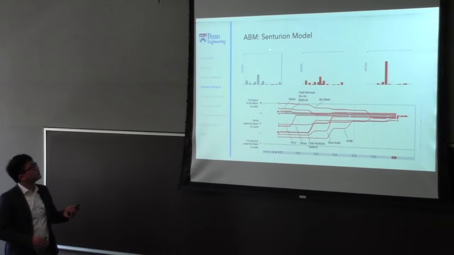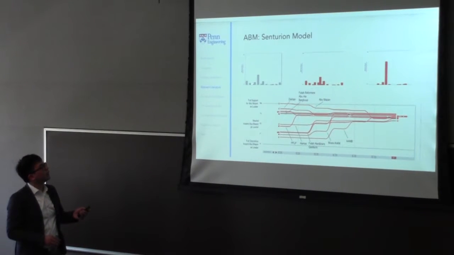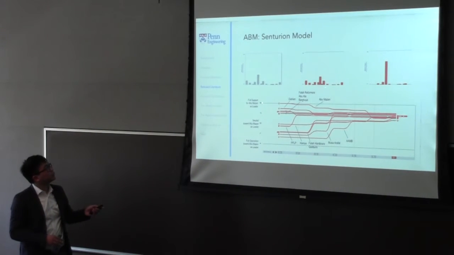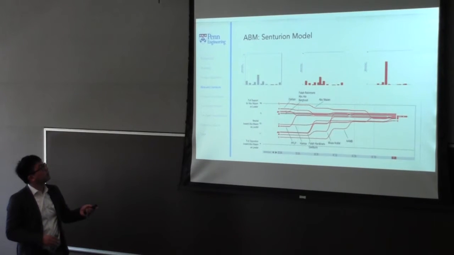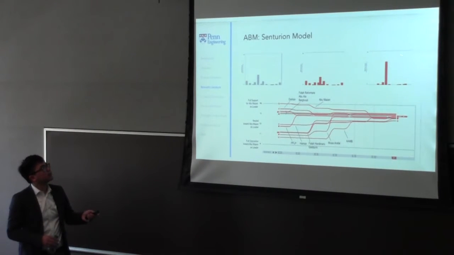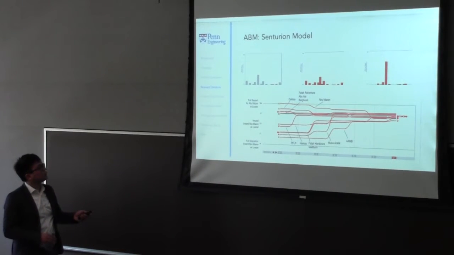The Senturion model starts off with two dimensions: one is power and the other is your position on a one-dimensional policy space. Through iteration, you think about whether you want to join this person, and what the payoff is associated with that new position. Then you have this evolution of dynamics. This is the initialization. This is the mid-game look at the distribution of players with power among different policy positions. This is the end-game state, where you see that they somehow converge around the center point, which means an agreement is reached. And this is the time series analysis.